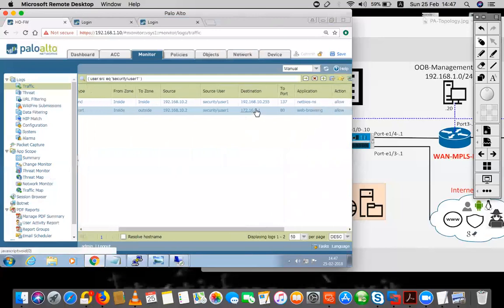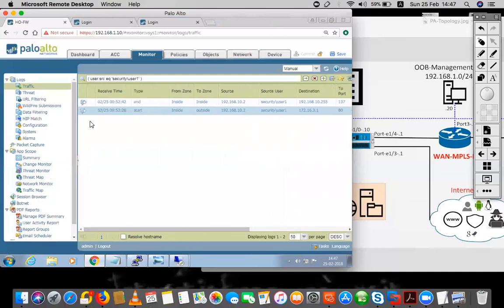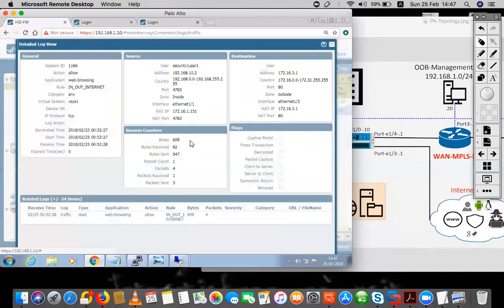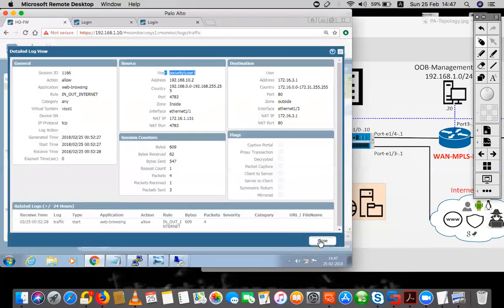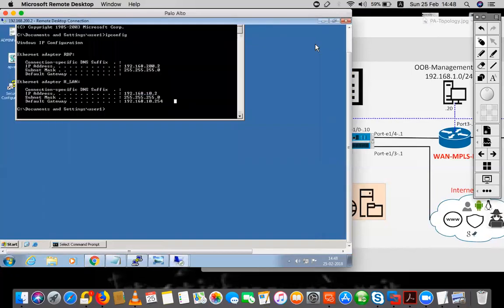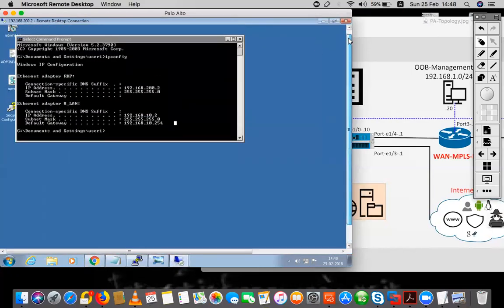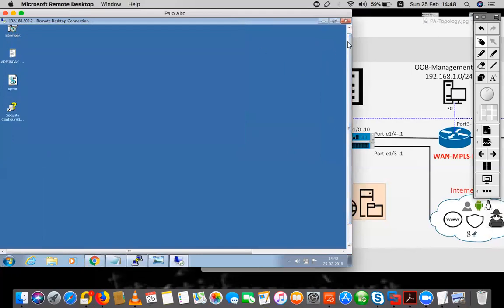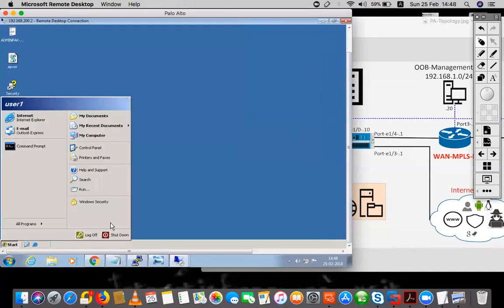The destination is 172.16.3.1, and it was a web browsing port 80 connection. So user 1, this gives us the first benefit, which is visibility. Now we have visibility into who is connected to which IP address. If I go to that PC and log out, it's not only for the allow list, but for the blocked traffic also I would be able to see the username. So let me log out